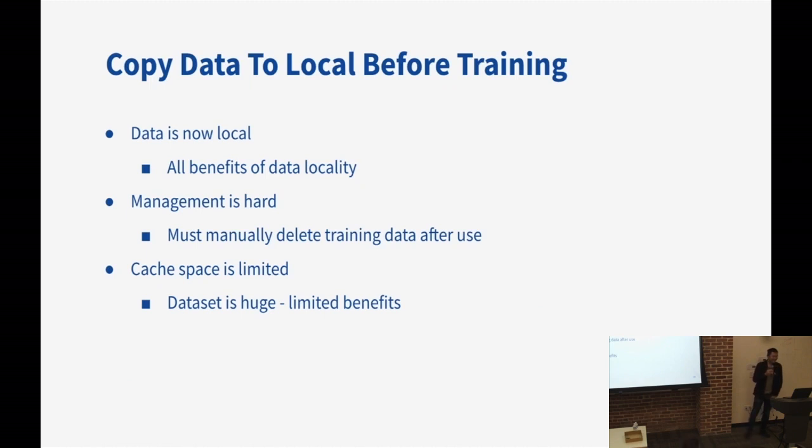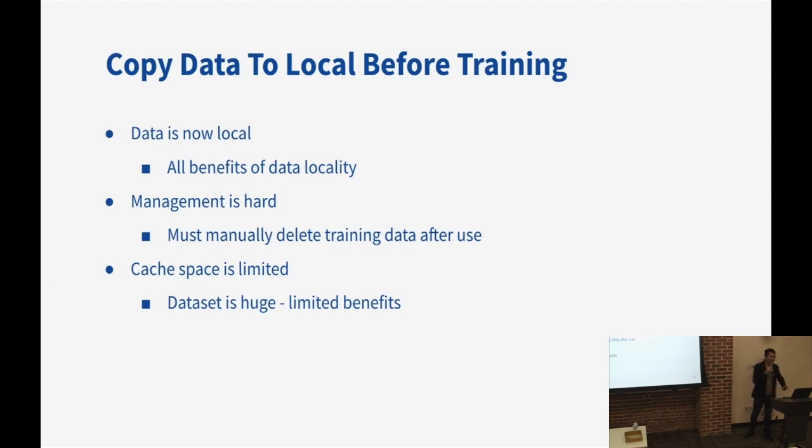So some machine learning engineers or infra engineers want to fix the remote data loading issue. They suggest copying the data before the training. This approach is actually in the PyTorch textbook. They ask users to always copy the data from S3 to local before training. But the thing is, the capacity of your local disk is very limited. Am I right? As I mentioned, the data set becomes larger and larger. They have so many zeros there.